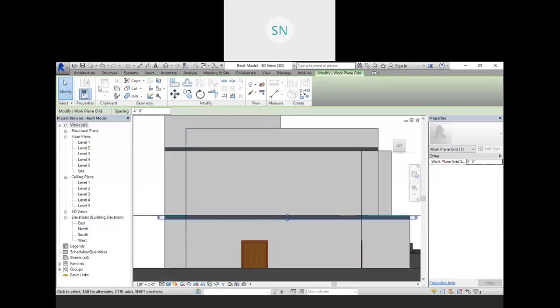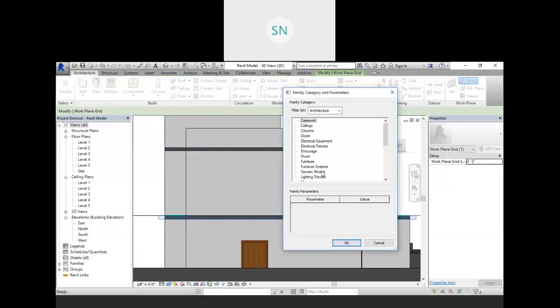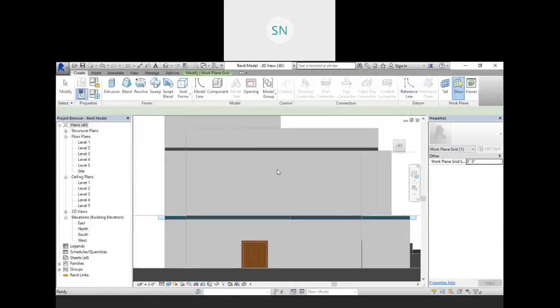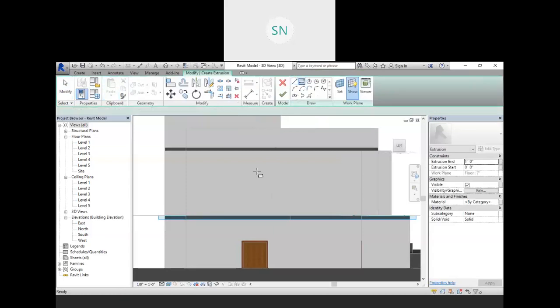So we will go with the component, model in place, and this is my in wall category. Okay, and let me create one rectangle first with the extrusion rectangle,